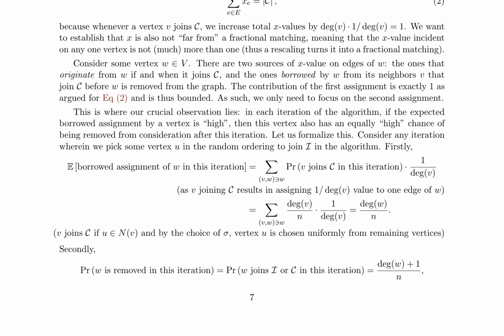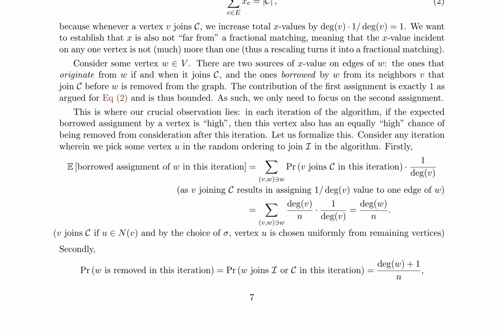The analysis shows that the expected total borrowed assignment of a vertex W is bounded by a constant factor, and the variance is bounded by an O(1) factor of the expectation. Using Chebyshev's inequality, it can be shown that the expected overflow of the assignment X can be bounded, allowing for a fractional matching to be obtained by trimming down X by a constant factor. The resulting fractional matching is an O(1) approximation in expectation, as shown by the duality of matchings and vertex covers.